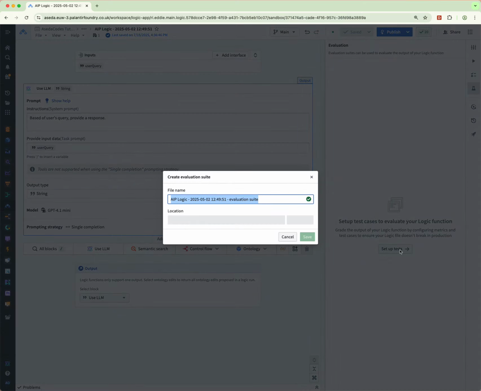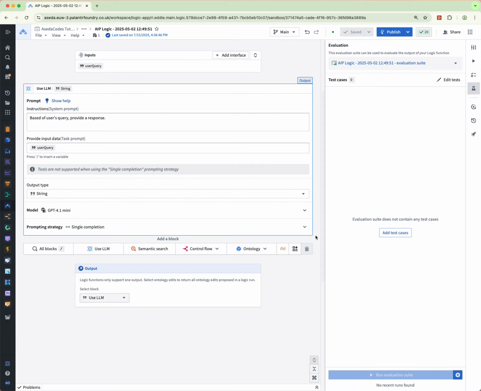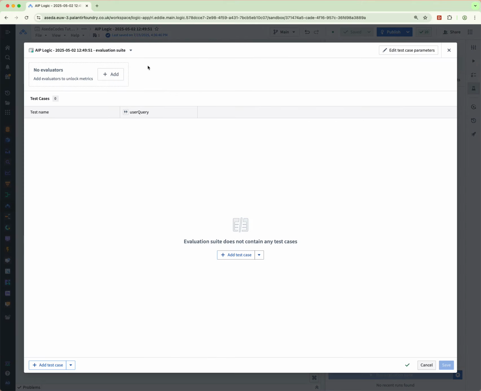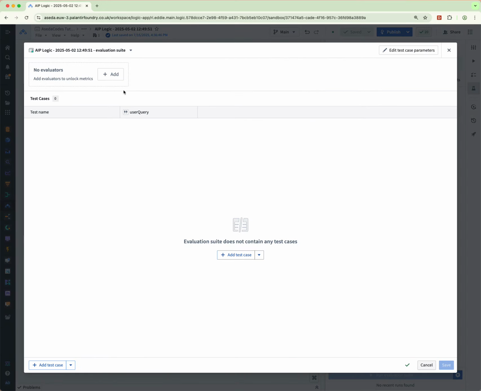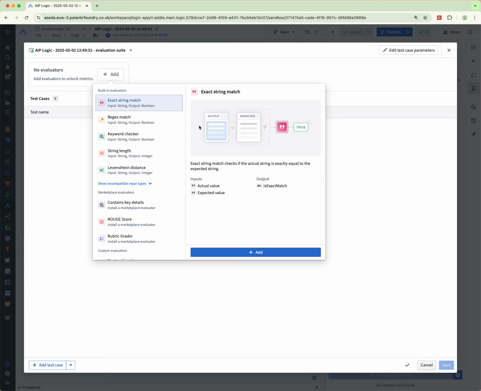So let's set up a test case, right? It's going to be in the same folder. And right from here, we can actually add test cases. I didn't even know that. So let's add